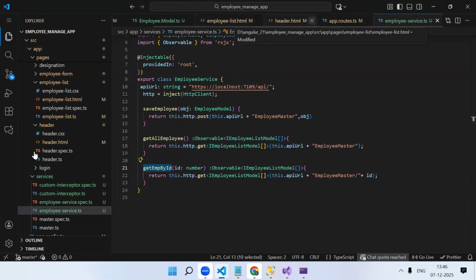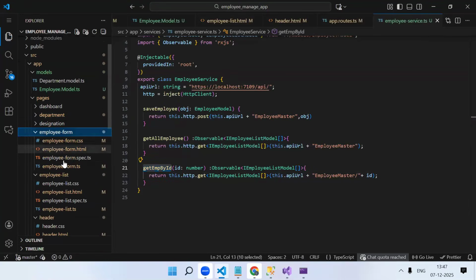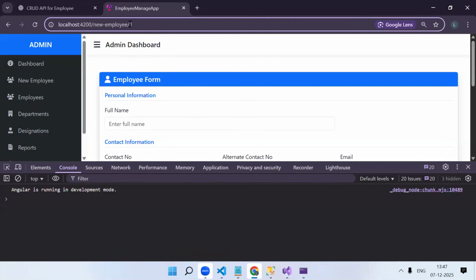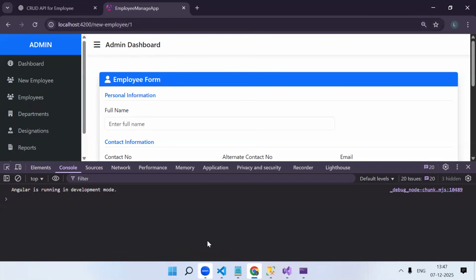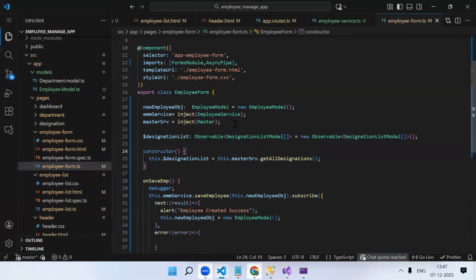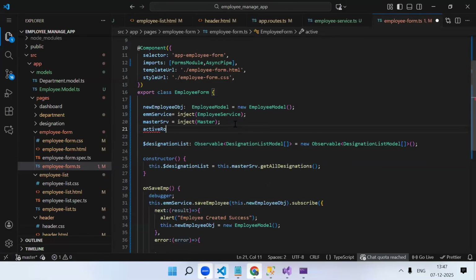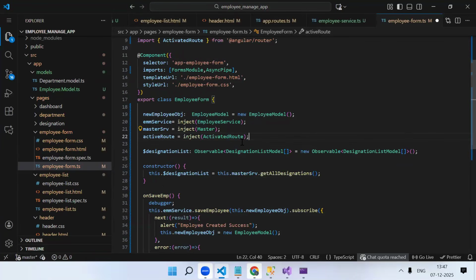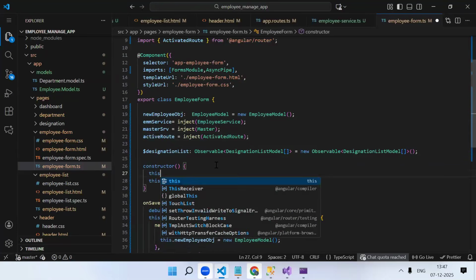So in my employee form component, we have to read the query parameter data. This you have to read. If the parameter data is not 0, then only you have to make that other API call. So on page load, in the constructor, I'm reading it. First we have to inject the service, ActivatedRoute. As the name itself says, whatever the current activated route is, you can extract all the information of the current activated route using this. So this dot activatedRoute